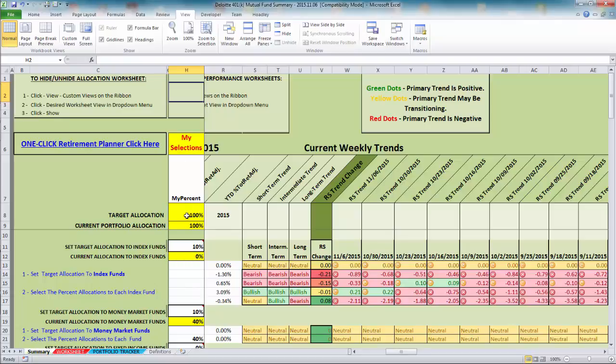The allocation is pretty simple. We have a target allocation, and then we have a current allocation. So at the top, we're going to go ahead and set our funds. We have a 10% allocation set up to be in index funds. And this week, we actually got 2 green lights to the right and 1 to the left. So what we're going to do is take some capital out of the money market, and we're going to put 10% back into this. We've been waiting to do that for quite some time. So here's our money market. This is now down to 30%